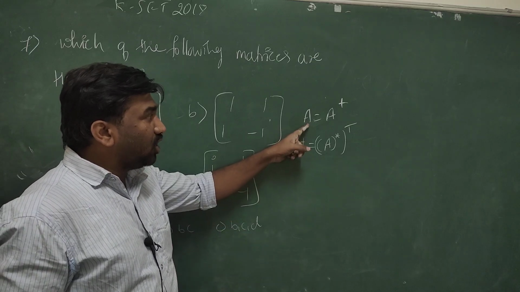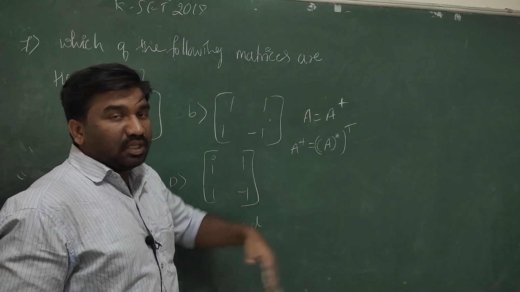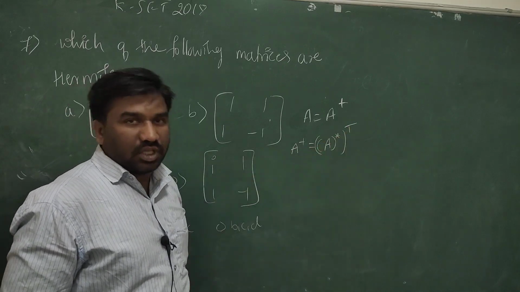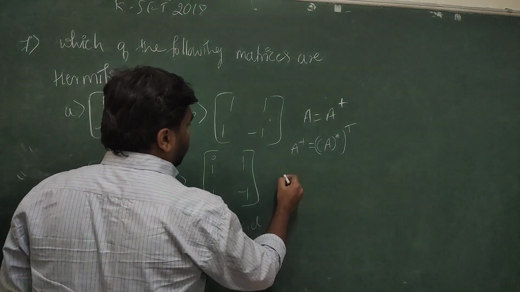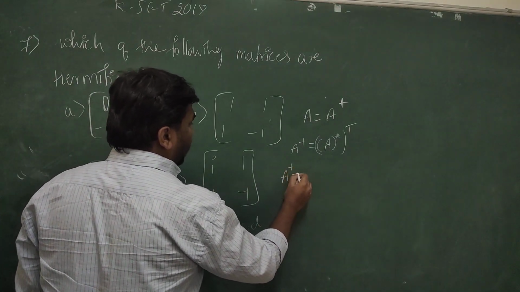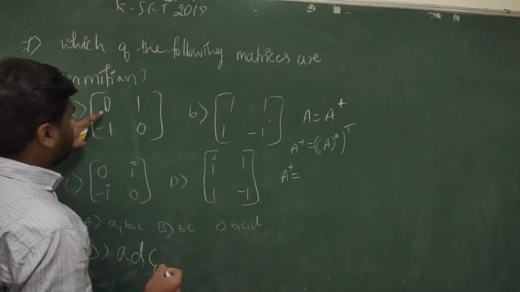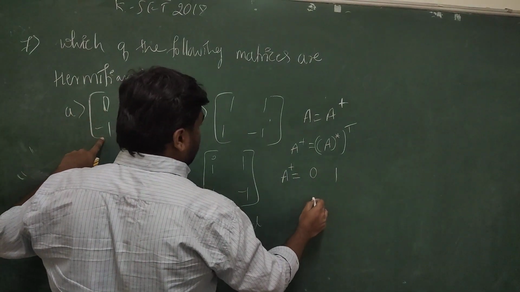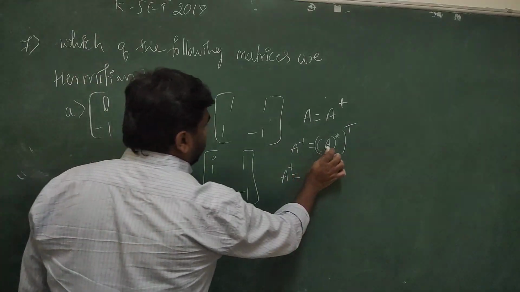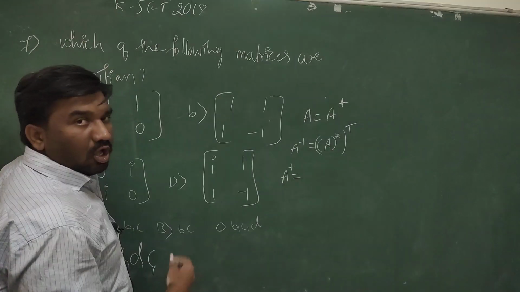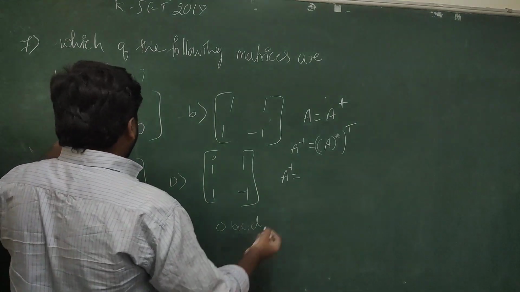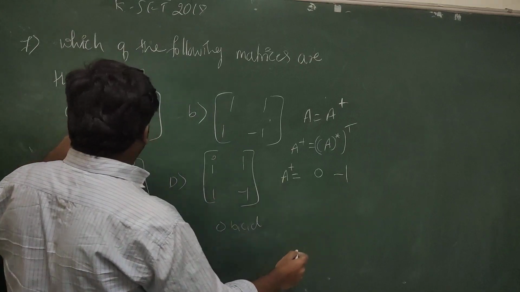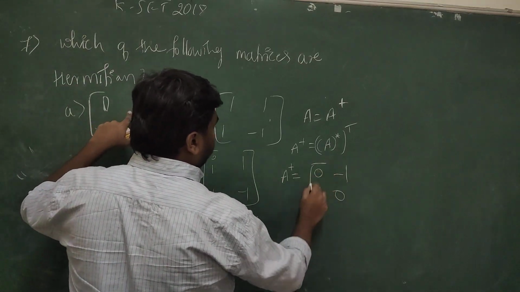We have to change the complex conjugate in the matrix A. That means change the coefficients of imaginary terms and transpose that. Next, so therefore A dagger is equal to 0, 1, C. So first I am going to change row into column, column into row. Okay, 0, 1, minus 1 and 1, 0.